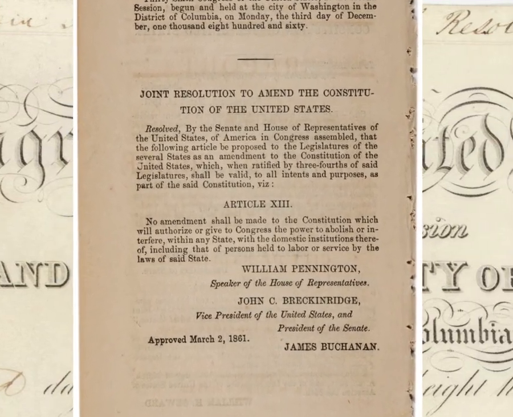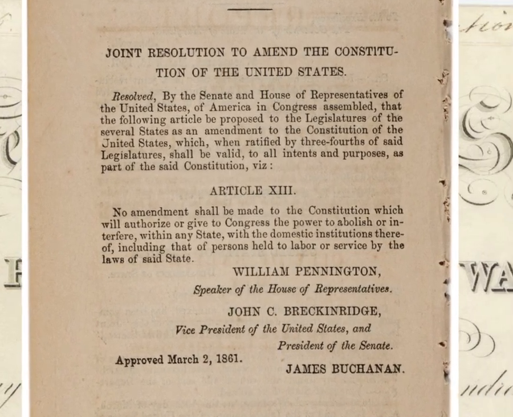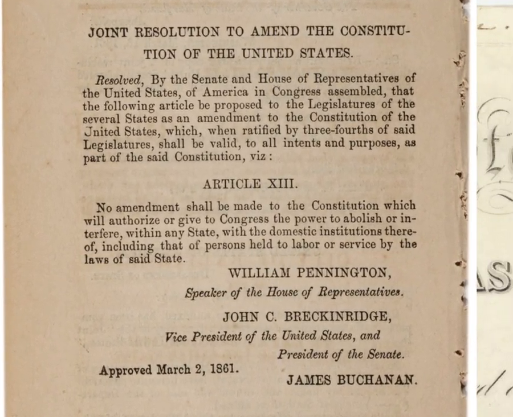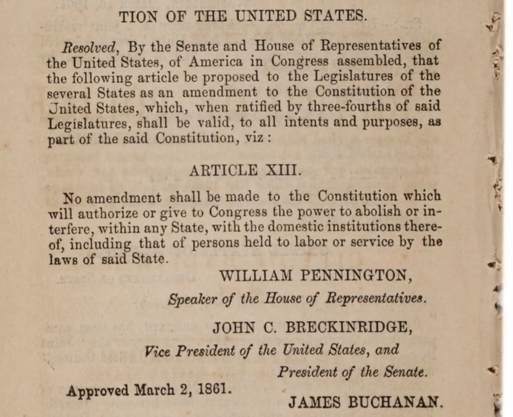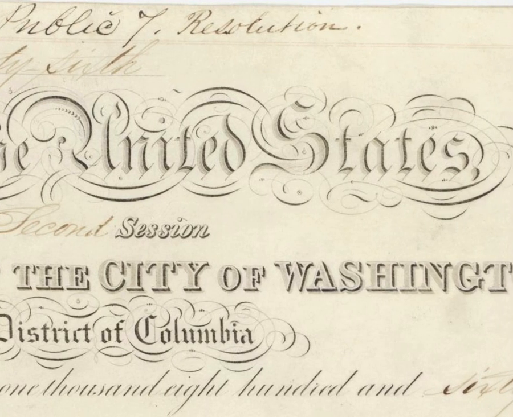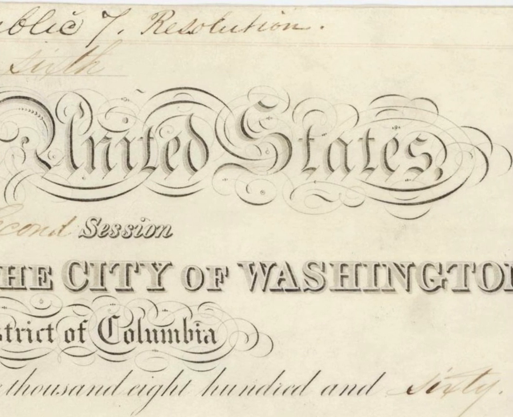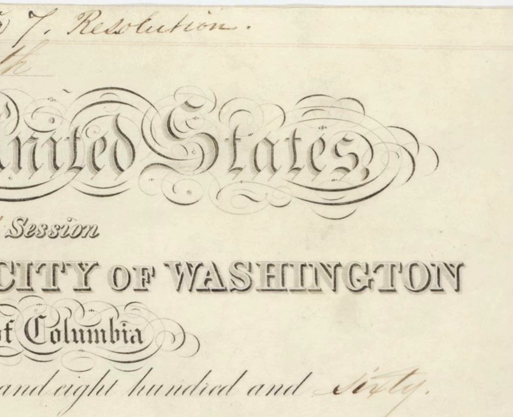It read, "No amendment shall be made to the Constitution which will authorize or give to Congress the power to abolish or interfere, within any state, with the domestic institutions thereof, including that of persons held to labor or service by the laws of said state." This amendment, in effect, protected the institution of slavery, and made keeping and owning slaves a constitutional right in the